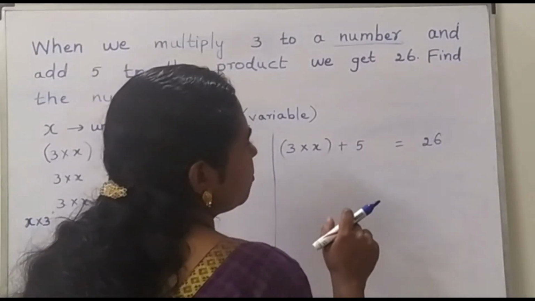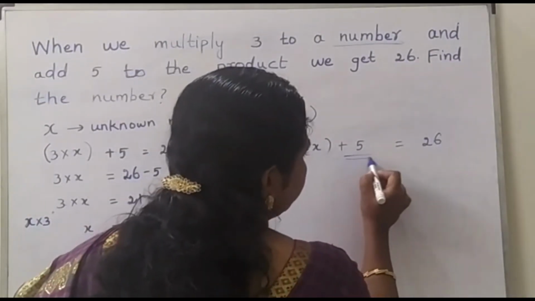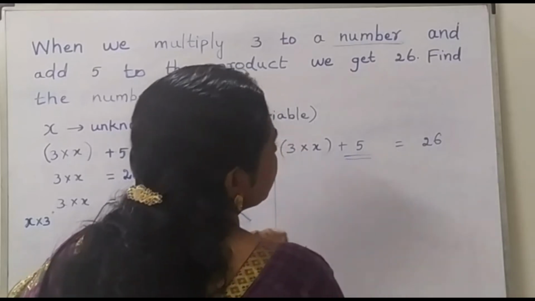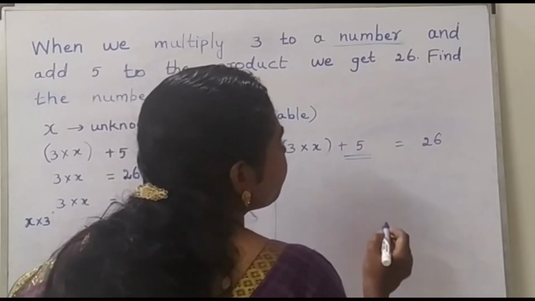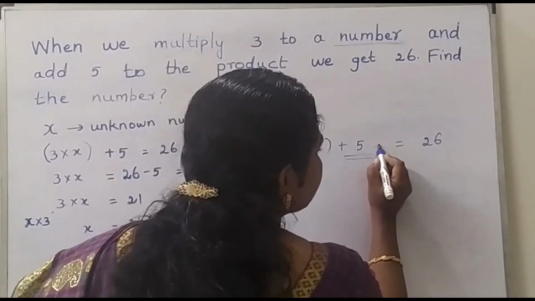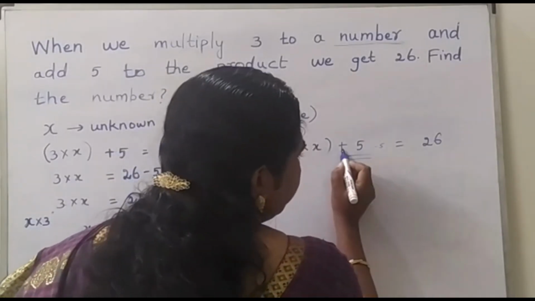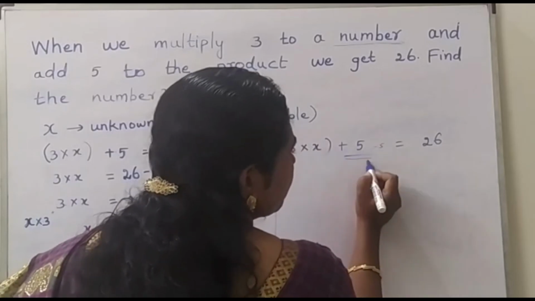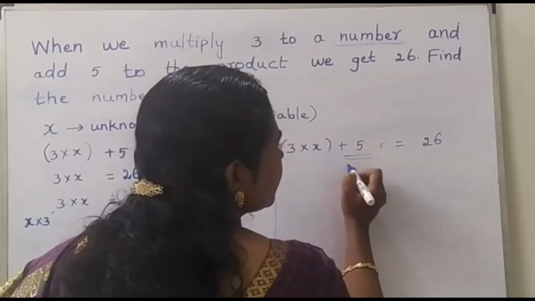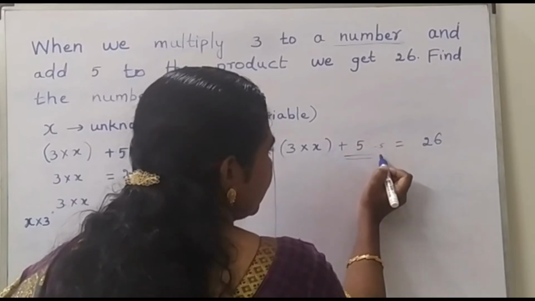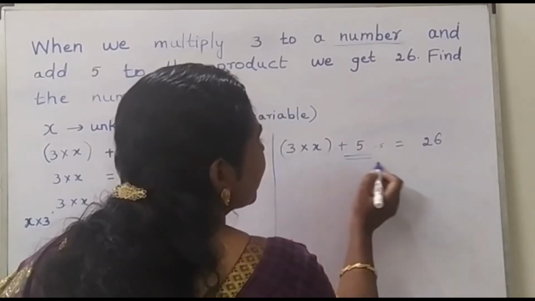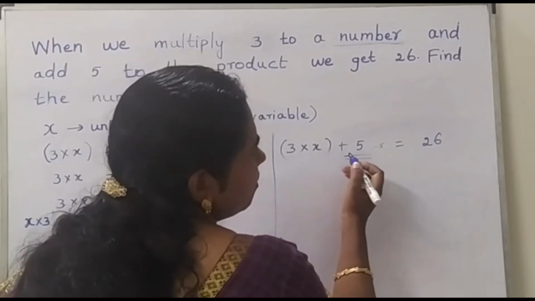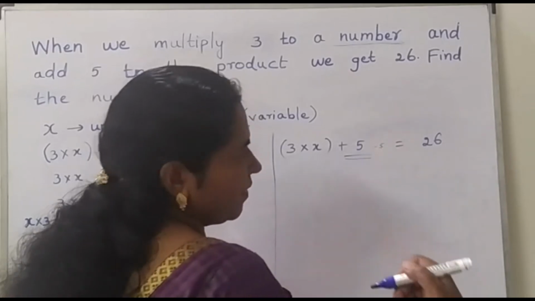So what we have to do, we are having a constant term here. So we have to remove this constant. Here it is plus 5. So if we are inserting a minus 5 here, it becomes plus 5 minus 5, so it will be equal to 0. So this term here will be having a 0, that is 3 into x plus 0 we will be having. So we will be getting 3 into x. And the next we can proceed.